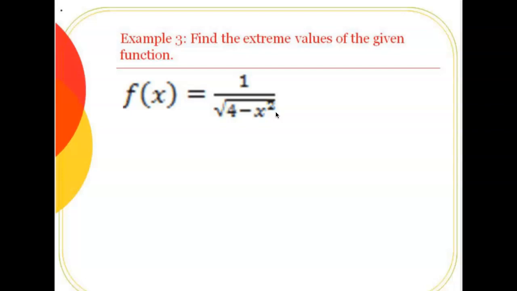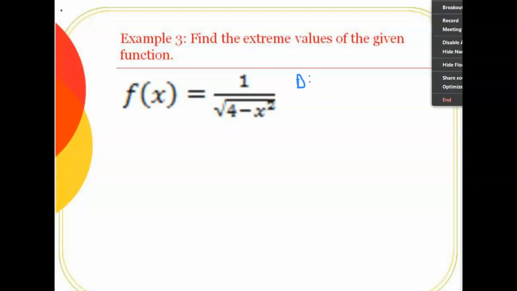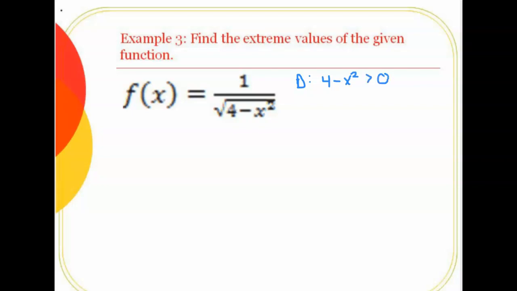So the domain of our function is going to exist in a way such that 4 minus x squared has to be greater than 0. And usually we put greater than or equal to 0, but again, because it's in the denominator, we cannot have the equal to 0. And then this is a quadratic. It's a difference of squares. So you have 2 minus x, 2 plus x has to be greater than 0,